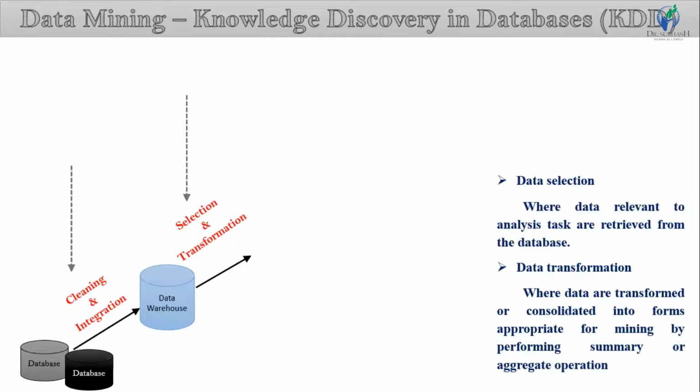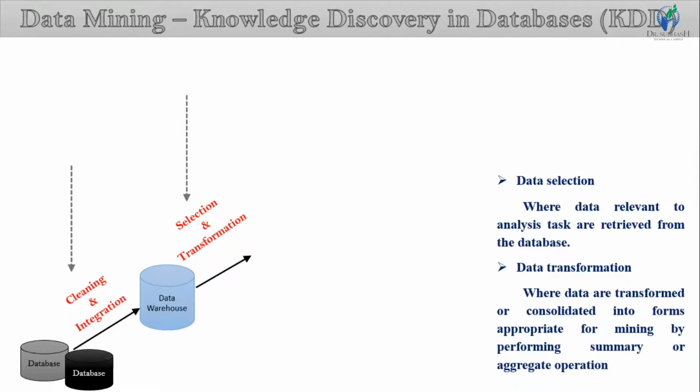Or we can say data transformation is defined as the process of transforming data into appropriate forms required by the mining procedure. Data transformation is a two-step process. First is data mapping, meaning assigning elements from source to destination to capture transformation. And next is code generation, meaning creation of the actual transforming program. So this is how data transformation works.